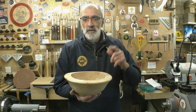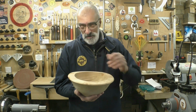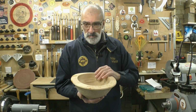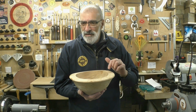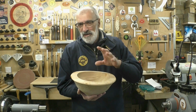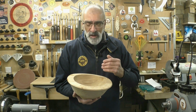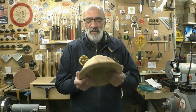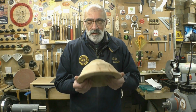There were a couple of checks on it when I put it away. I filled those with CA and sawdust, and it looks as if nothing else has occurred during the drying process. It wasn't completely wet, it was about 24% when I wet turned it. It is now at 10%, a couple of percent more than I really like. About 8% is what I turned dry, but in fairness, it's very damp, it's cold, so it's unlikely that I want to get it down to 8 at this time of year anyway,